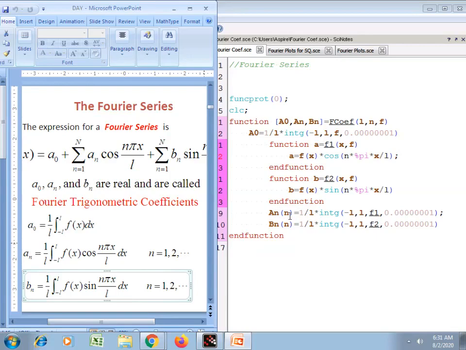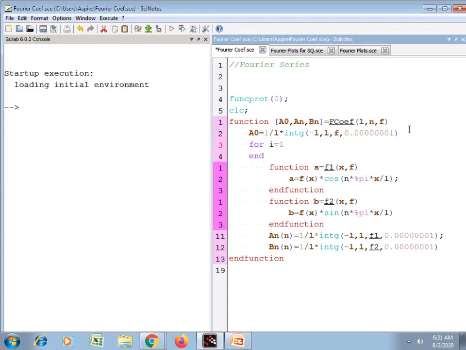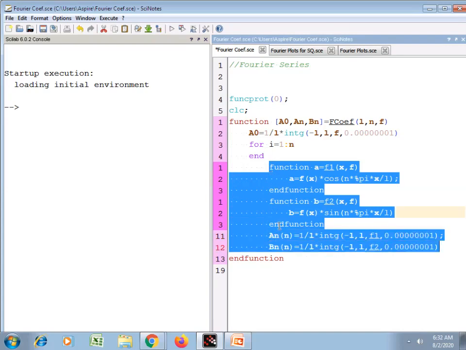The integration for getting the values of the coefficients an and bn will give me the values of the nth coefficient of the Fourier series. But I want the values for these coefficients from 1 to n. So therefore I use the for loop for i is equal to 1 to n. Then the steps I want to repeat for 1 to n, I will bring into this for loop